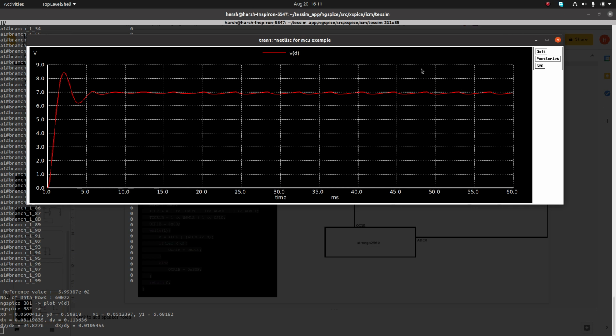The main focus of this presentation was to give a demonstration of the TestSim software and how it can be used to simulate systems where you have some circuitry. Some circuits can be easily simulated in software like ngSpice, PySpice; there are a bunch of software for that. But if you have a circuit and a microcontroller which is doing some control logic, TestSim can really help you in simulating such systems as well.